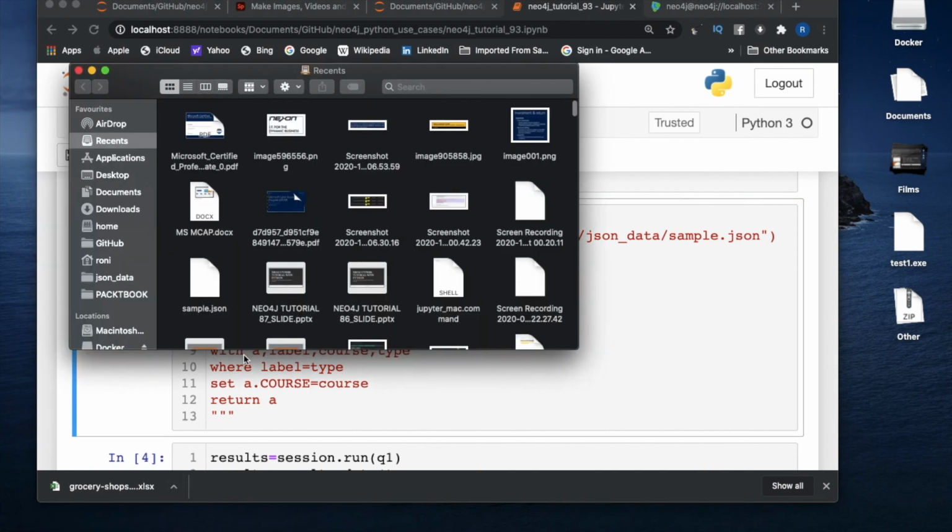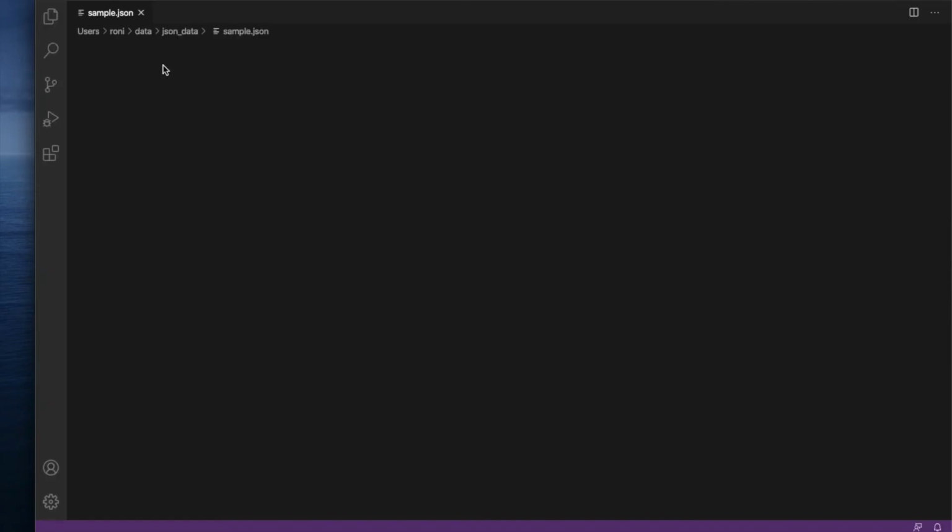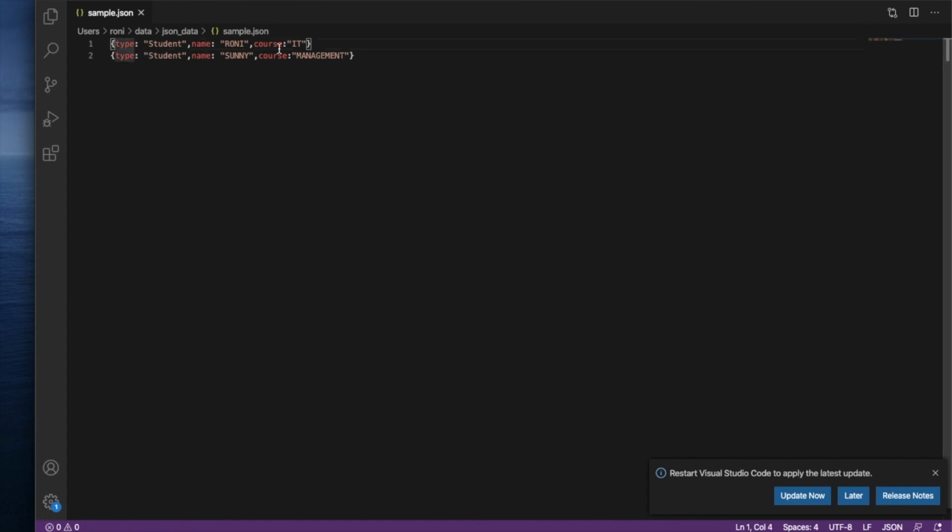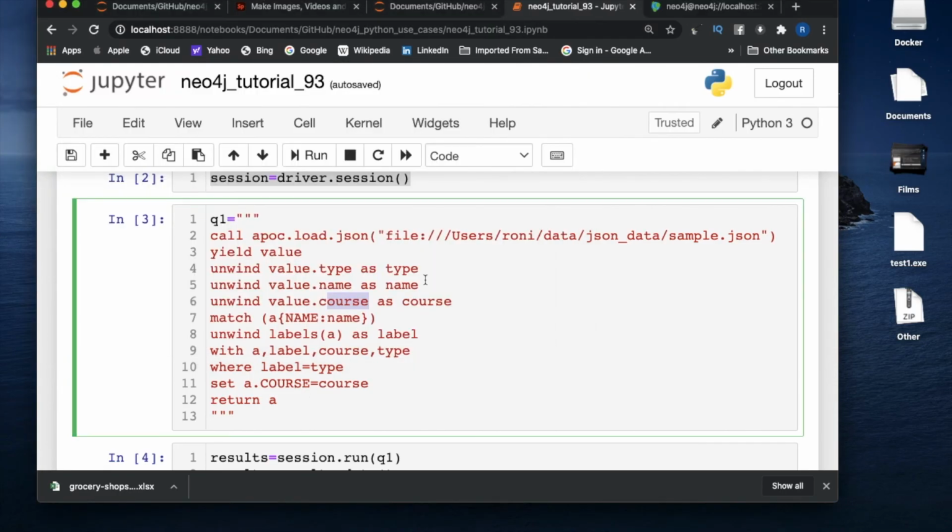And let me explain this thing one more time. If we go here, you see that in our JSON we have three keys: type, name, course. So that is why I put these three things, unwind, and as we have more than one, we definitely have to use unwind. And once I get this, I'm finding any node with any label, but the name property should be equal to the name property value which you are getting from this file. Once we get this, we're trying to get the label, but we are using some sort of iteration, just using unwind. So you'll get each and every element one by one, and after that we are just taking reference from this label,